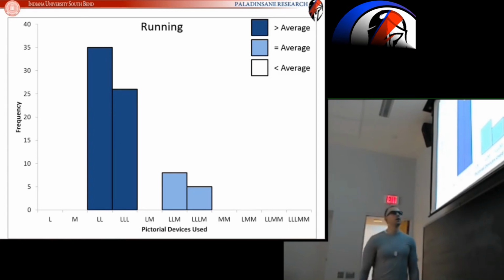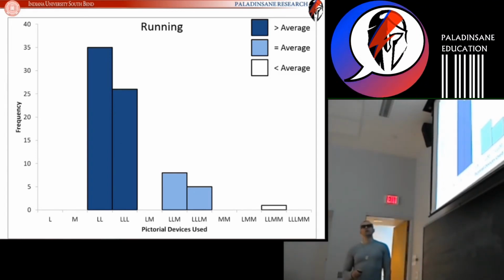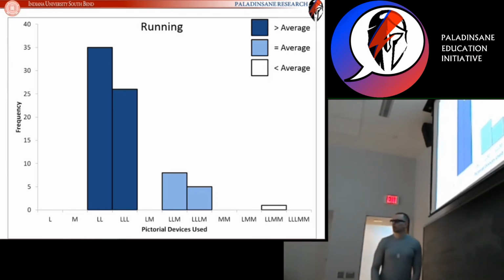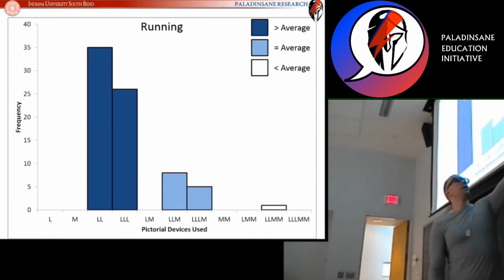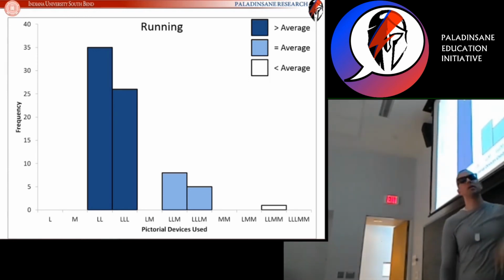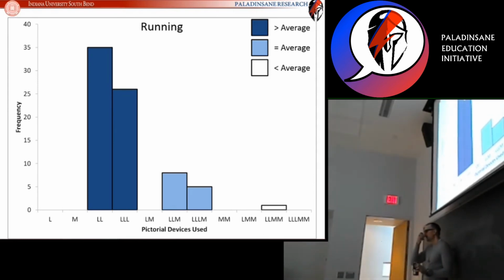Of this research because artists actively avoided them. Very few instances, in fact, only one out of the entire pool of running pictures used multiple metaphors. So these combinations with two metaphors were actually actively avoided. Artists did not use them as a form of communication because something about them just wasn't effective. Something about them just wasn't optimal for these artists. Any questions about the results?